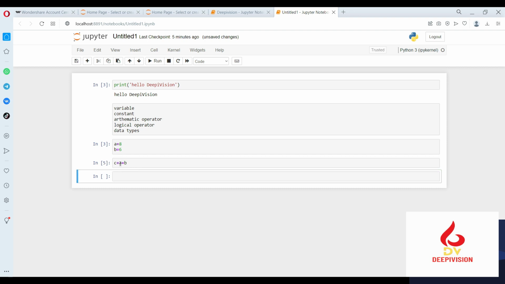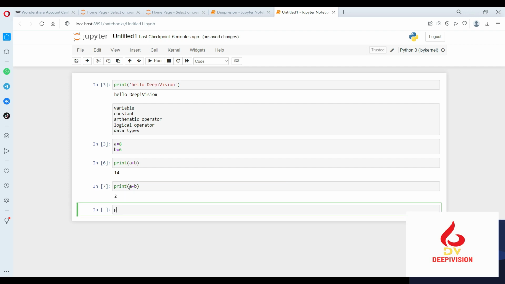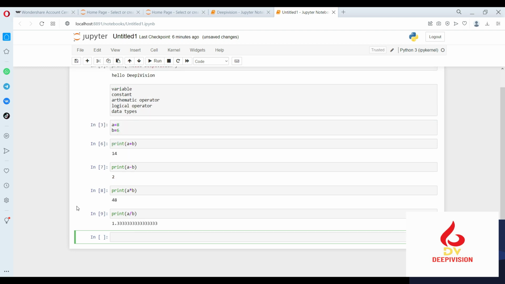Okay, I just want to print, then you can see what the output is. Print a minus b. Okay, print a star b, this is multiplication. Print a divide by b. Okay, so like this. Print a,